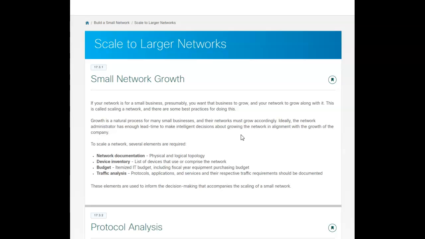One is network documentation. I want to make sure that I know the physical and logical topology. I want to make sure that when I get an error message, or I get a device that fails, I know where that device is located. Which floor is it on? Which desk is it? So that it's easy to track. And also, if I'm changing something back in the network, back where the switch is or the hub is, that we know where all the information is,